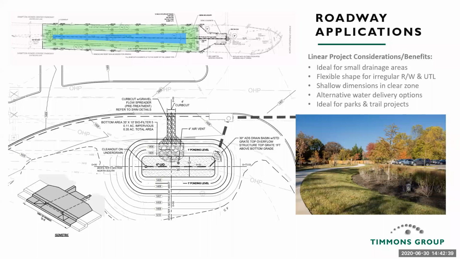They can be used in urban streetscape opportunities, using curb cuts from the roadway. These generally can be more expensive because they usually will require some concrete chambers for some of that open bioretention. But like I had mentioned before, in rural settings, suburban settings, you have shoulder and ditch sections. Those can be more ideal applications.